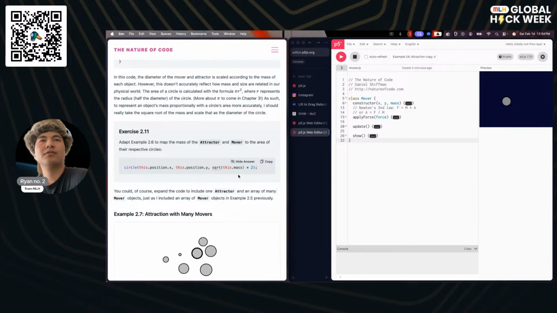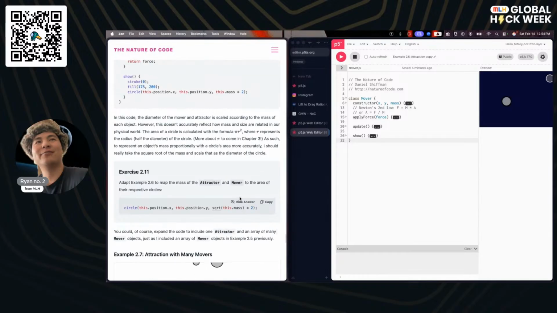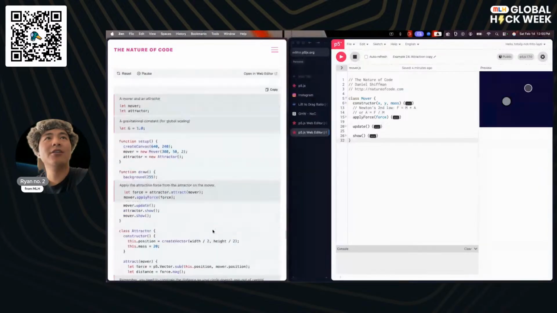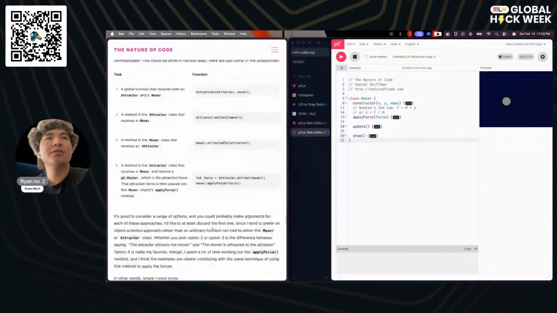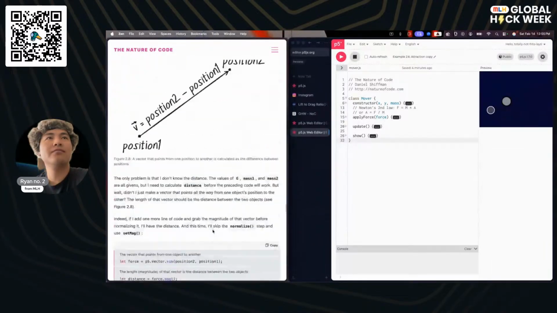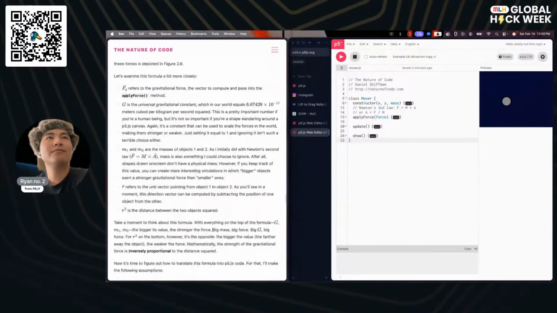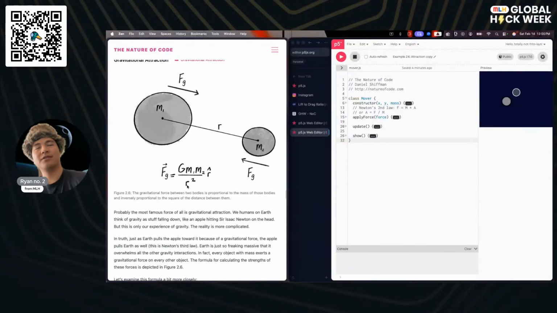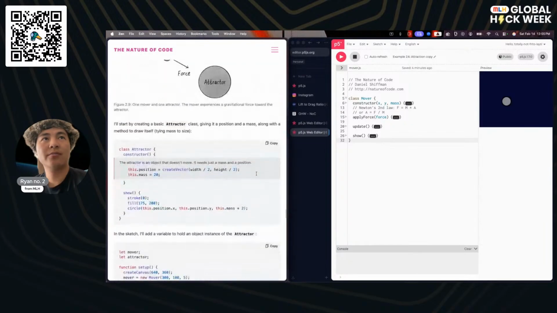Oh, square root this dot mass times 2. So I think this is referring to the actual physics formula. I'm going to scroll all the way back up for it. This where we have this. Wait, no, there's no square root there.